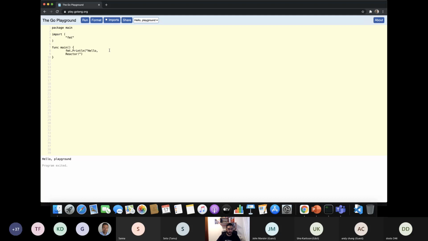So if I do something like this, hello reactor, and I include more spaces, I can simply run this format, and that's going to throw a warning, right? It's going to throw a warning that I don't have this in place here. So I have to make sure that I have this. And if I format this, that's going to, again, apply the format, right? I was kind of going to the extreme of adding an error here.